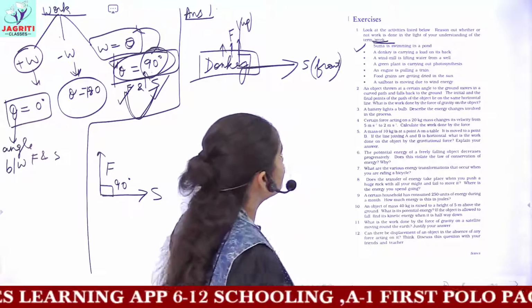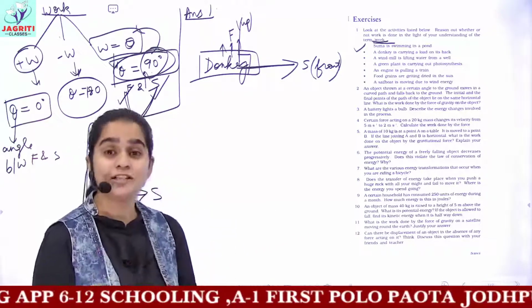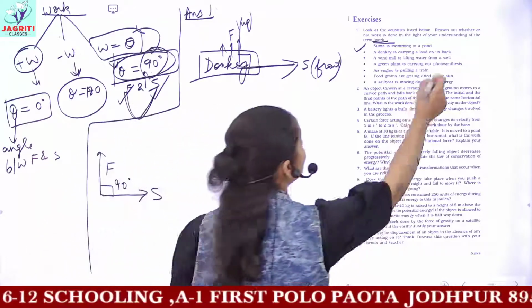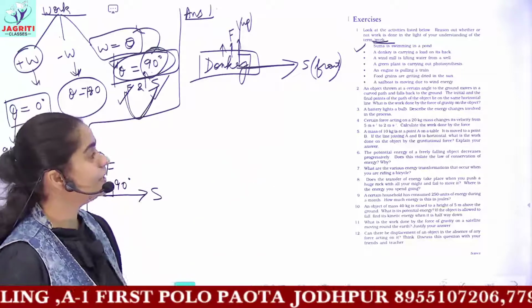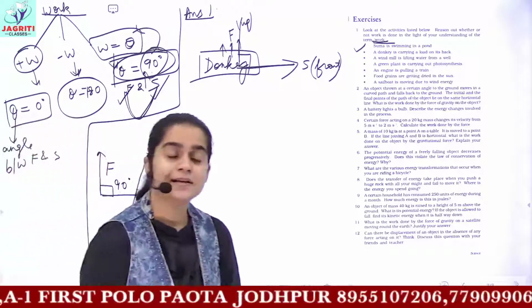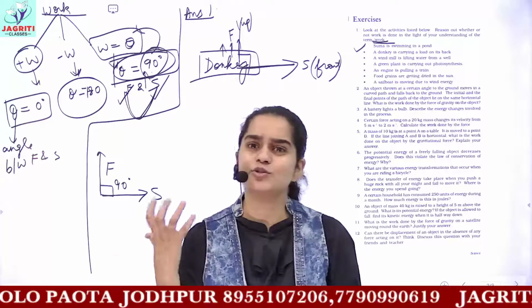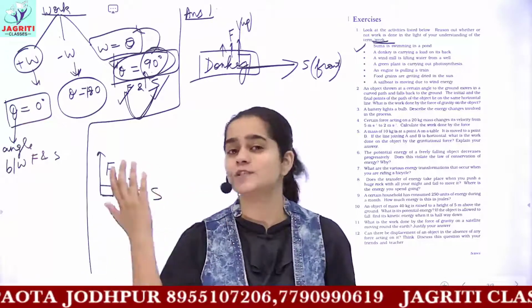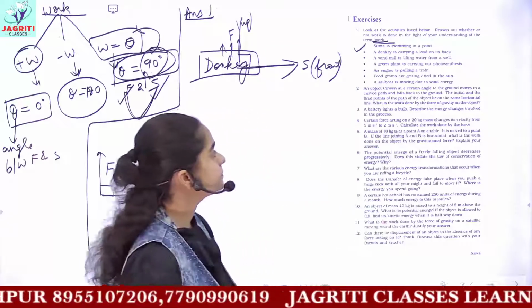They are quite easy. See, a windmill is lifting water from a well. Now you have to judge and provide the reason whether work is done in this condition or not. Then a green plant is carrying out photosynthesis. Green plants carry out photosynthesis in the leaves, but the leaves do not have any kind of displacement. Okay, so here the work would be again 0.